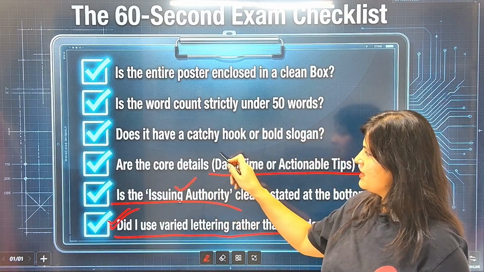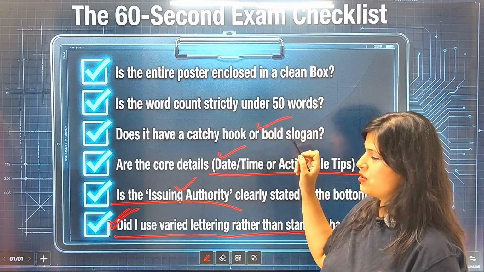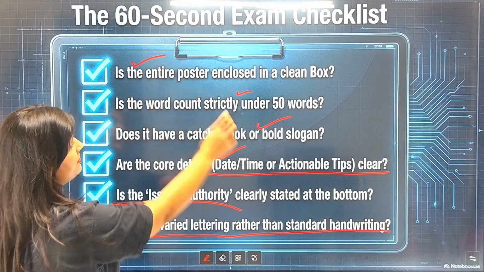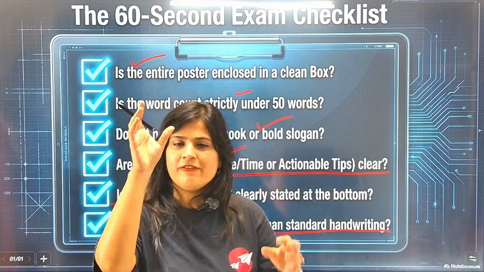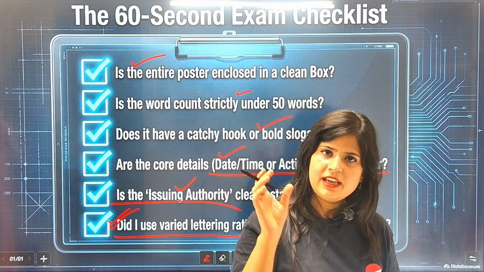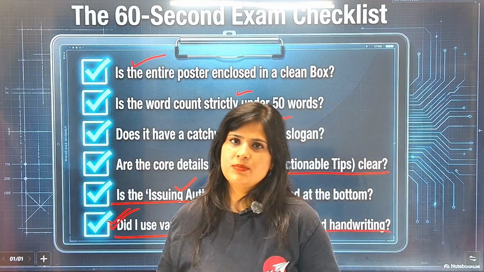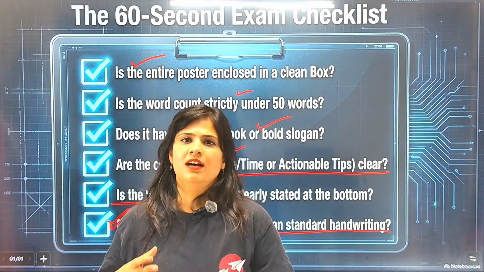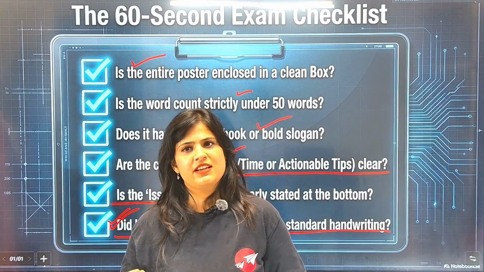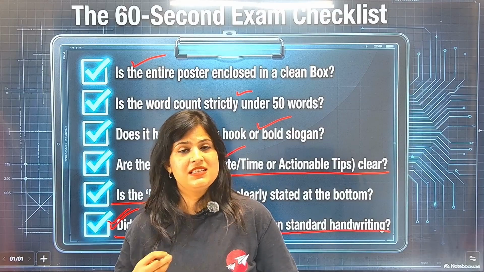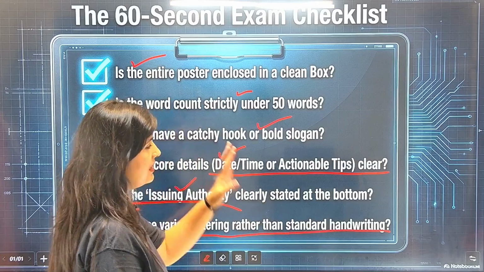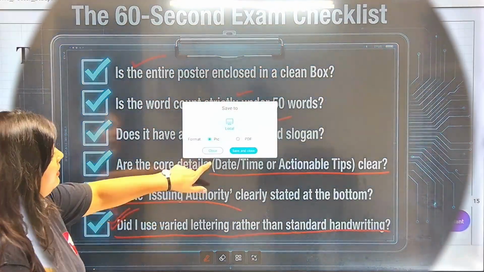Issuing authority we have discussed, DDTV we have discussed, slogan we have discussed, and we have discussed 50 word limit and also the box element. If these 6 elements are there in your poster, included in the poster, you will definitely get 3 on 3. Trust me on that. 100% marks in writing section is something that can be easily attained if you have the right amount of guidance. So in this video, I've tried to give you that.